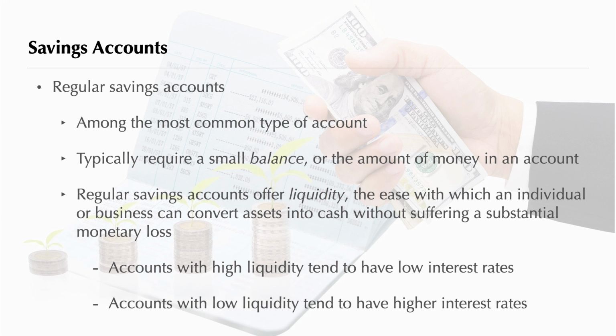Suppose that Monique decides to open a savings account. She already knows that savings accounts offer very little risk. While her money is deposited in a financial institution such as a bank, her funds, up to $250,000, are insured by the federal government. When Monique arrives at her local bank, she discovers that she can choose from among different types of accounts, including regular savings accounts and money market deposit accounts.